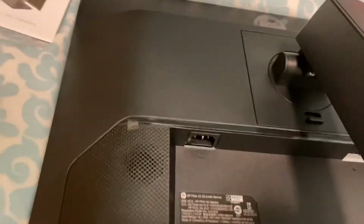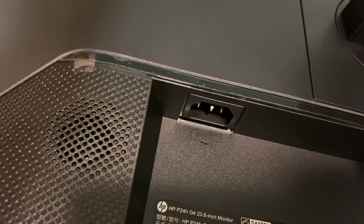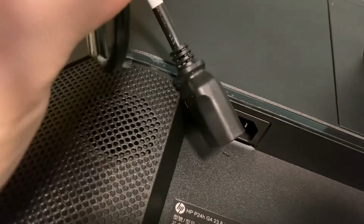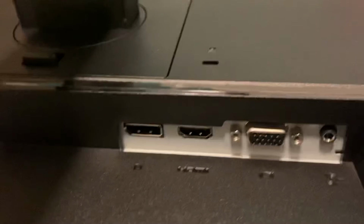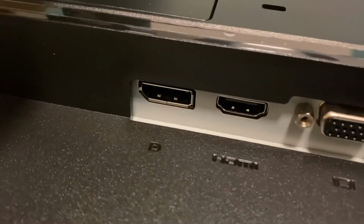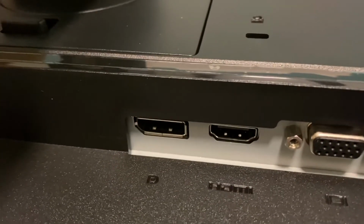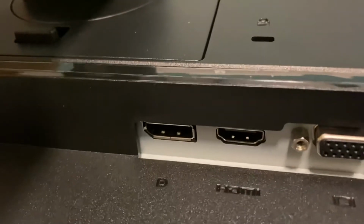That's pretty much it. The only other thing is you'll hook up the power cord right here where you see those 3 prongs. So here's the 3 prongs that you'll hook in there. Of course, the other end will plug into the wall. And then over here are your different inputs. So the one on the left is the DisplayPort. I'll show you the matching cord for that. The DisplayPort cord